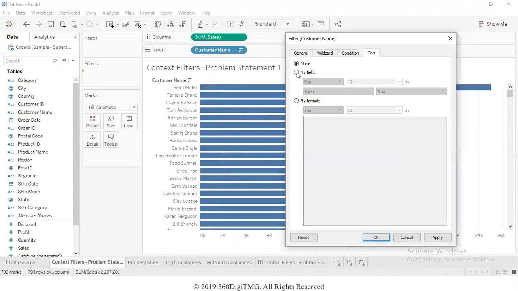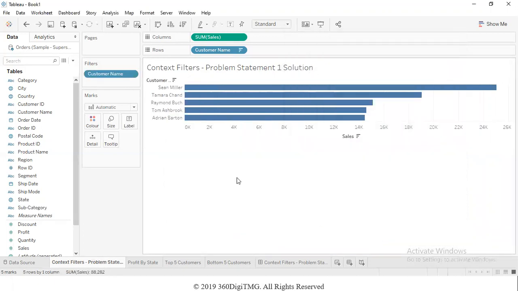We need to look at only the top 5 customers based on their sum of profit. Therefore, I have set up the condition for seeing top 5 customers by their sum of profit. Once I click OK, you will see the filter gets applied and we have our top 5 customers.